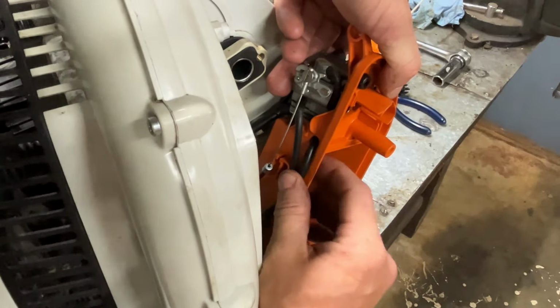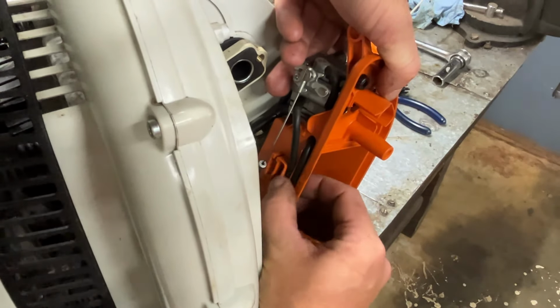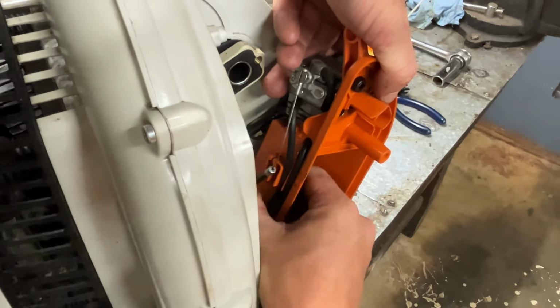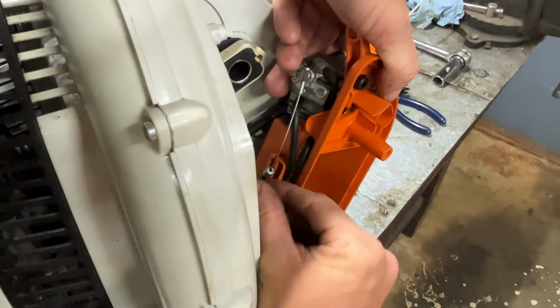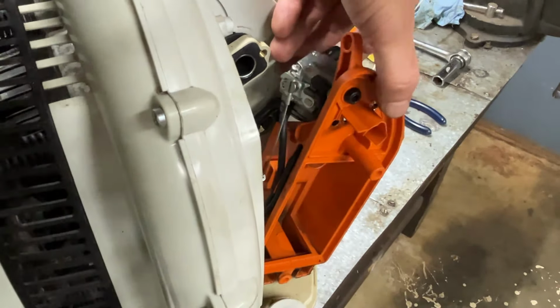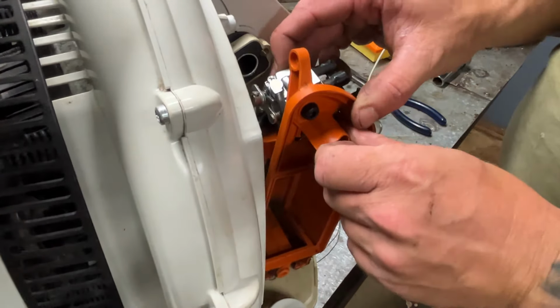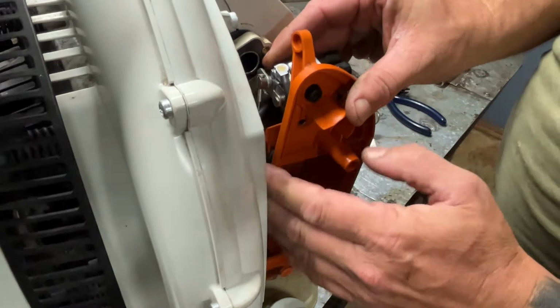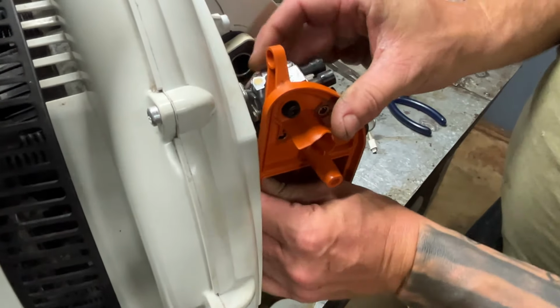All right, this gas line's gonna go in that groove right here. This gas line's gonna go in this groove, and then your throttle linkage is gonna go. I don't have to get around to the other side. It's going to snap down in there like that. All right, now